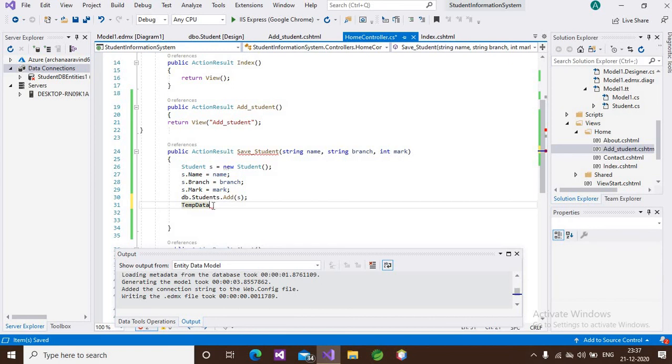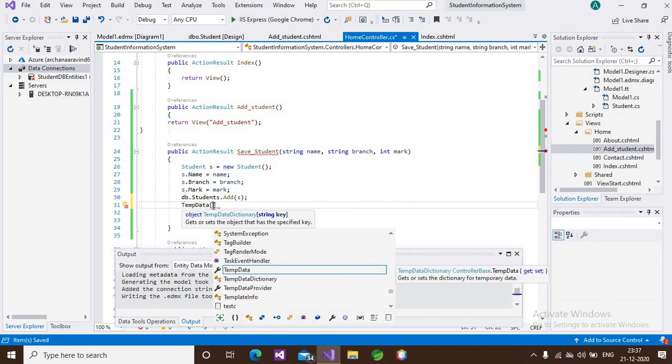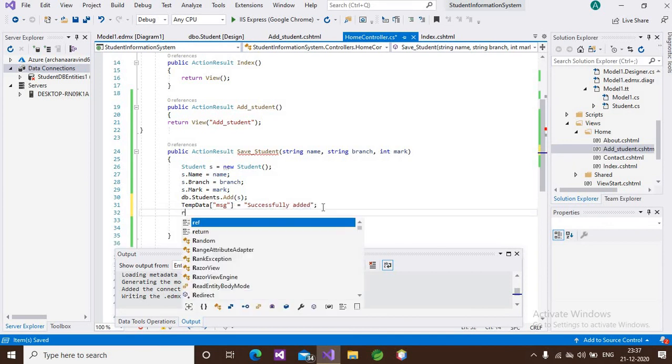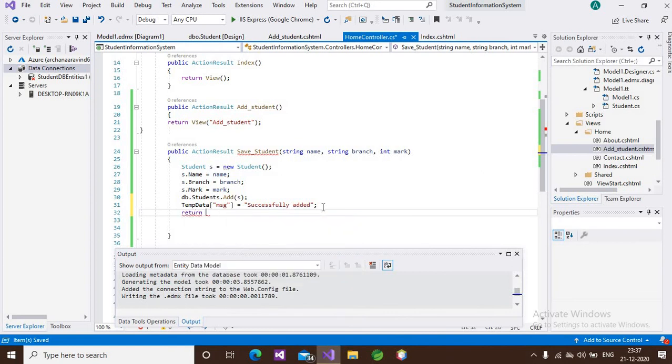TempData msg equal to successfully added. After that, return. We are going to our index page. Return RedirectToAction index.